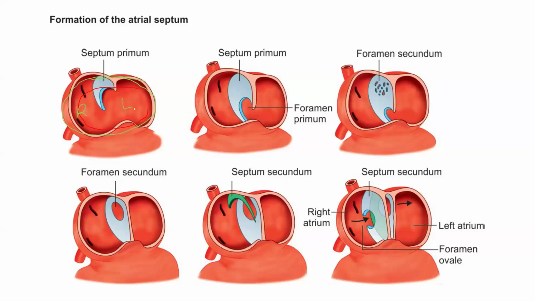In interatrial septation, you form two septa. The first septum to form is known as the septum primum. It's the premier septum, the first septum. As you can see, it is sickle-shaped. The lower end does not